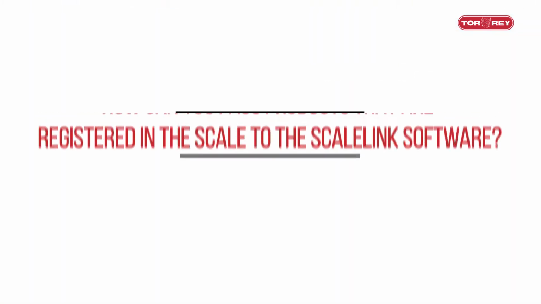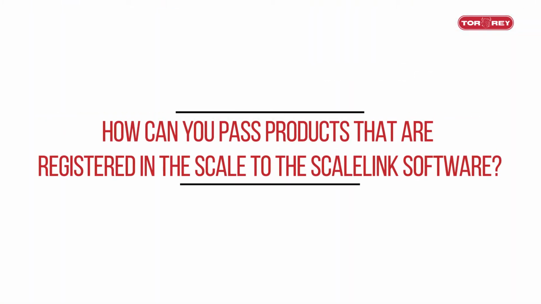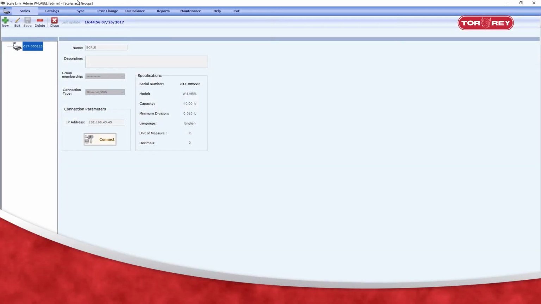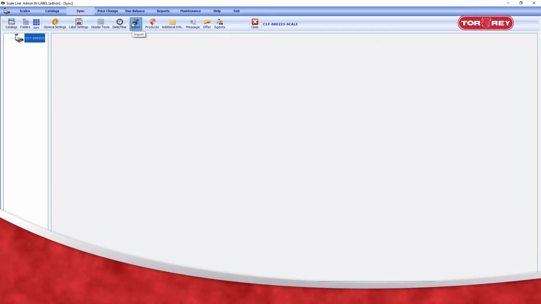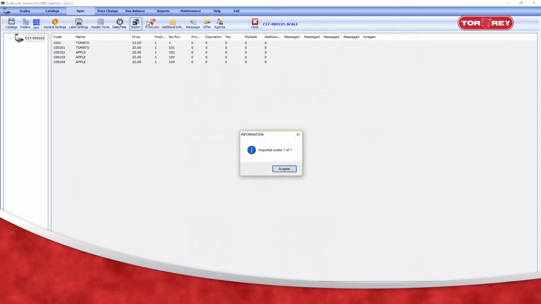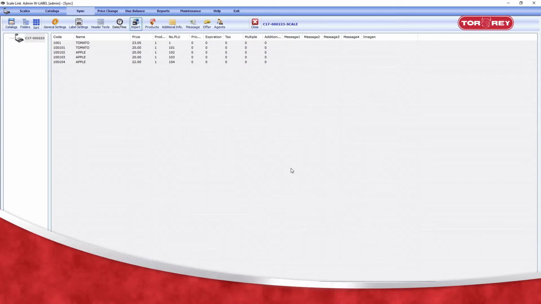How can you pass products that are registered in the scale to the Scale Link software? Once we have connected the scale to the Scale Link software, you have to enter the Sync section. Then press the Import Products option, and the products will appear on screen. This will generate a text file called PLU. The scale number is stored where the software is installed on the hard disk,